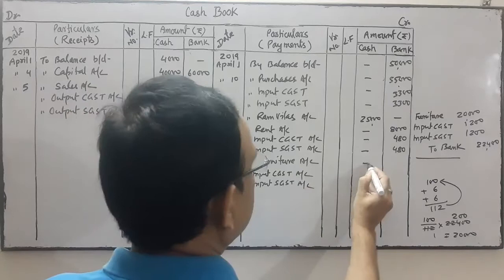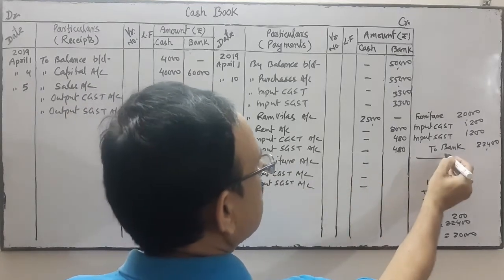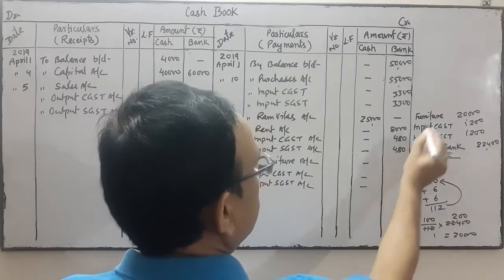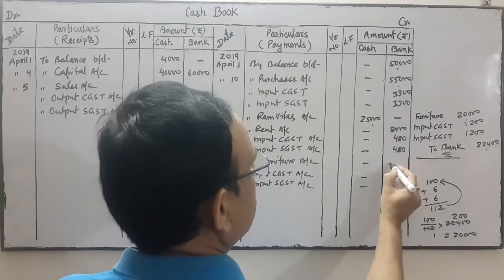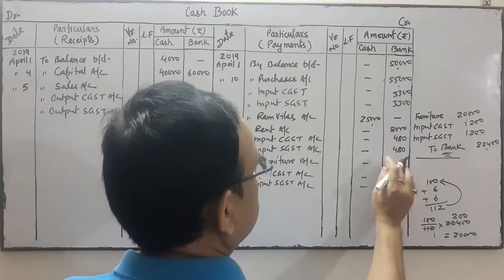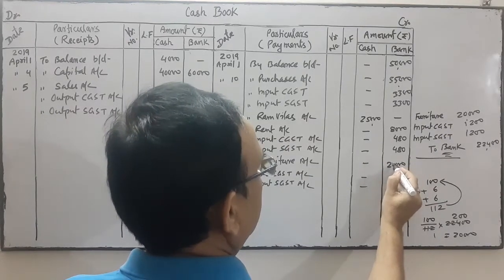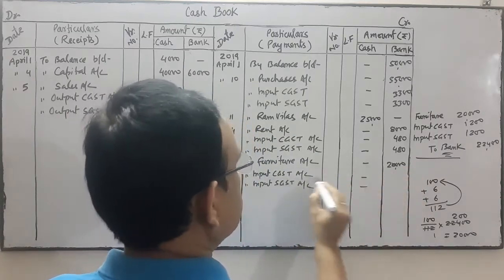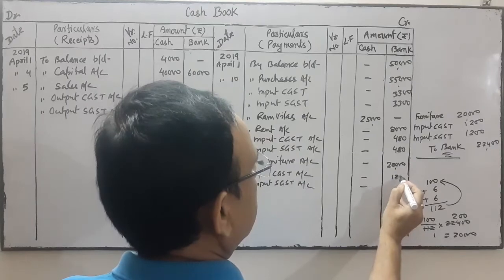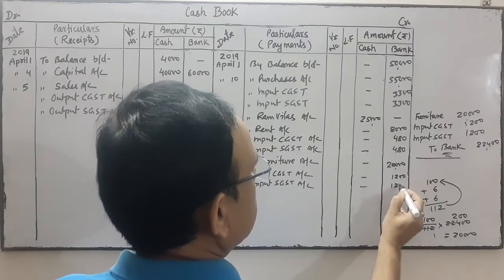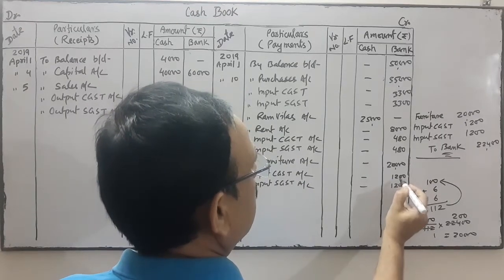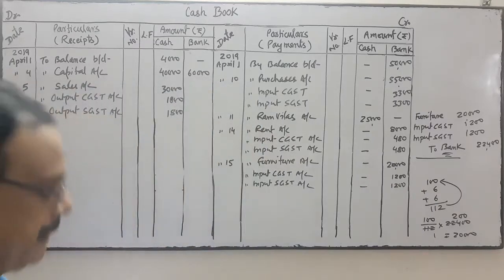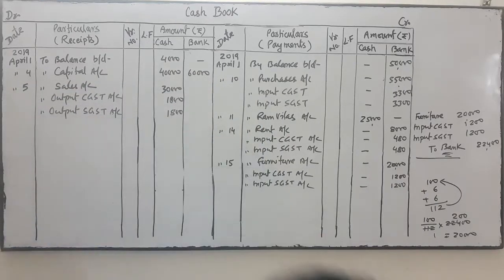So we'll write this figure in the column of bank. Bank is on credit. Okay. So credit side in furniture 20,000, input CGST 1,200, input SGST 1,200. Okay, 1,200. Is it clear? Next transaction is,